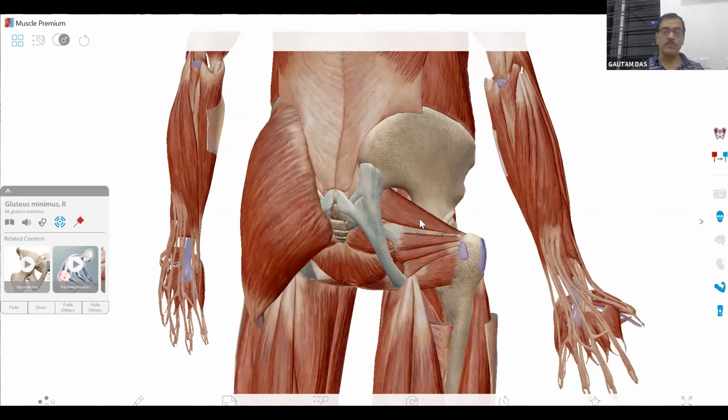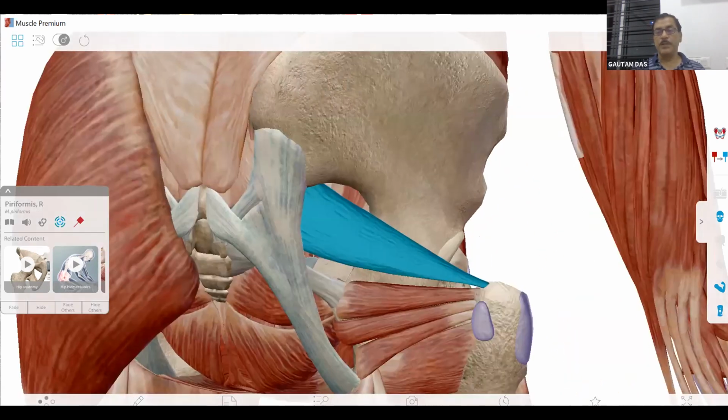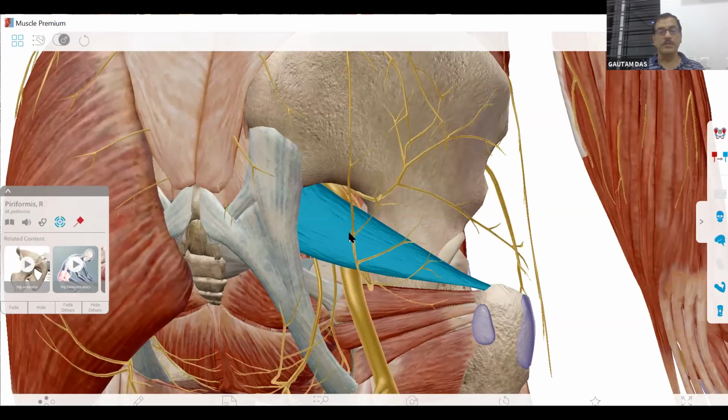One of the very important ones is your piriformis. And if we are placing the nerve, you see how the nerves are going there. You see the sciatic nerve is just anterior to the piriformis muscle. And that is the reason why the piriformis muscle is so important. Piriformis muscle myofascial pain: it's a very broad, big muscle under the cover of the gluteal muscles. The origin of this is the lateral border of the sacrum, particularly S2-S3, and the insertion is at the greater trochanter.